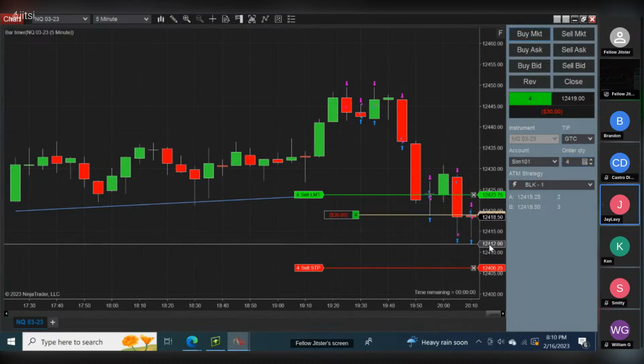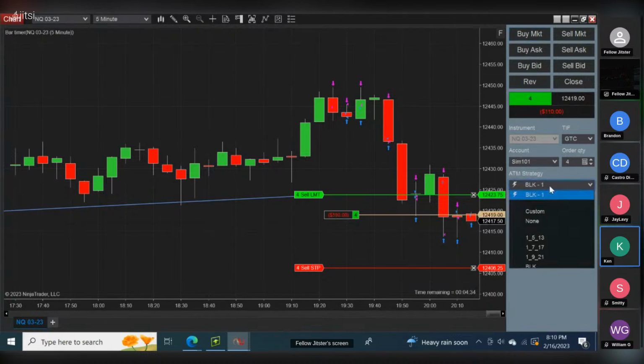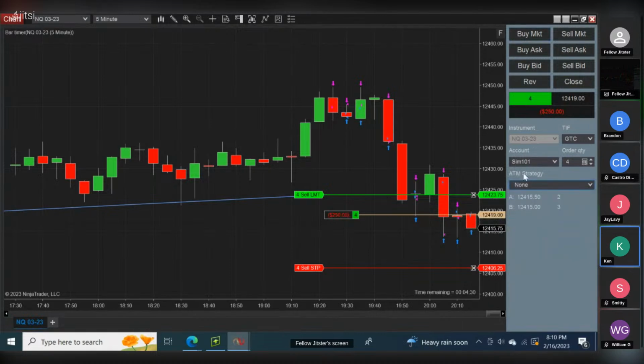So on a live account, would you have like 2 stop losses then, since you're going to have a trailing stop? Would it be like 2 stop losses on the screen if it was a live account for the challenge? Yeah, you don't have to. What I have set up right now is, if you look at the screen right here for ATM strategy, I personally use an ATM strategy. And I set it up so you can go to manager and then you can